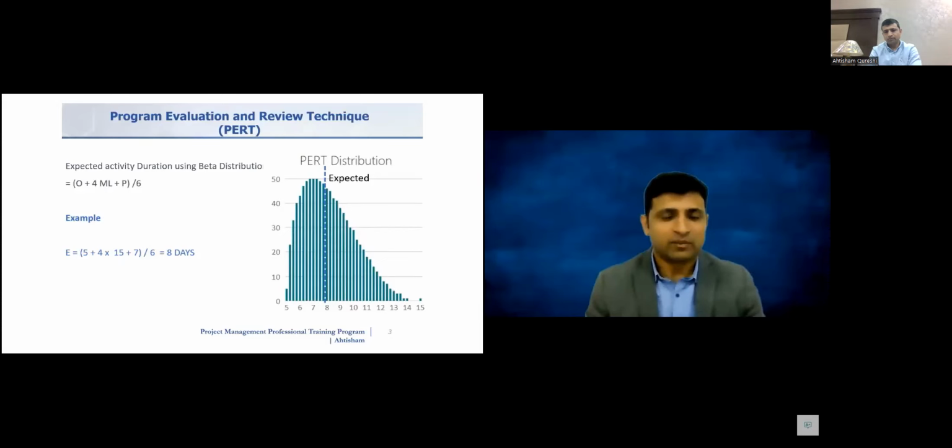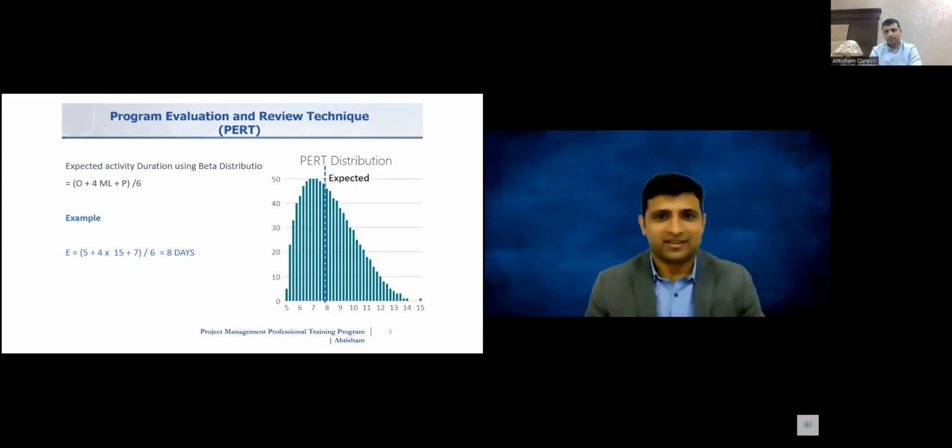We have optimistic, we have pessimistic, we have to add them, and then we have to add 4 times most likely, and all we will be dividing by 6. Why are we dividing by 6? Because in the numerator we have 6 factors now. All right, so when we apply the similar example, we apply this formula for the PERT, the estimate will be